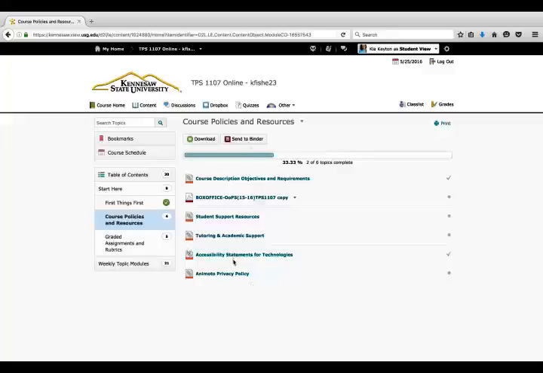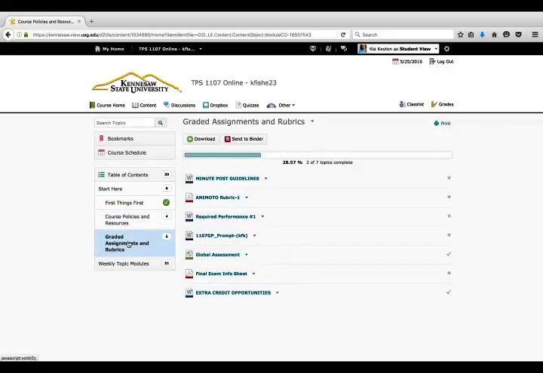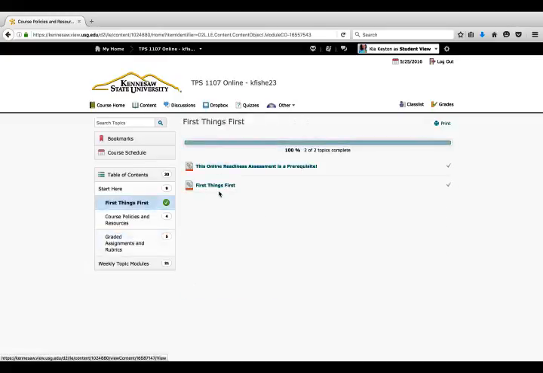So all of that information is just good to have if you need to refer back to it. It's not something you need to read all of straight through, with the exception of if you haven't read the syllabus. Then if you read this instead of the syllabus, you would get all of the same information. But you should definitely read your syllabus, which is where? In the First Things First,